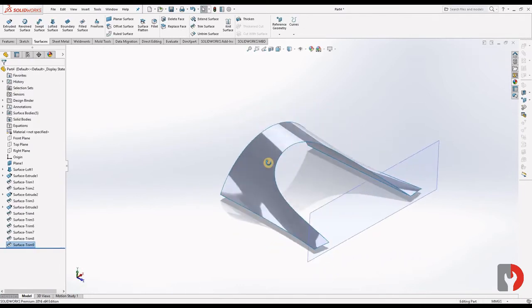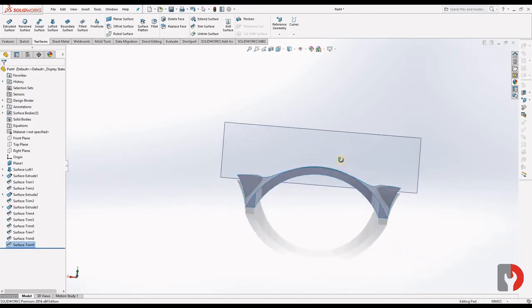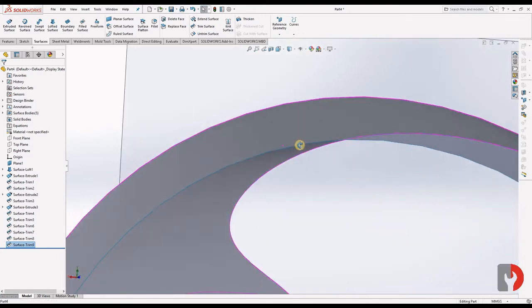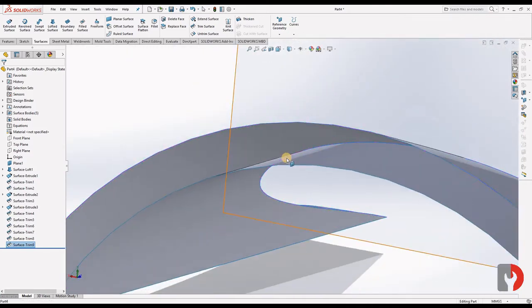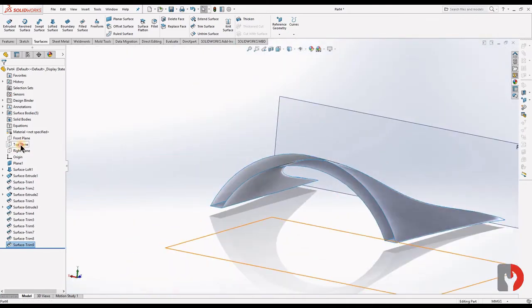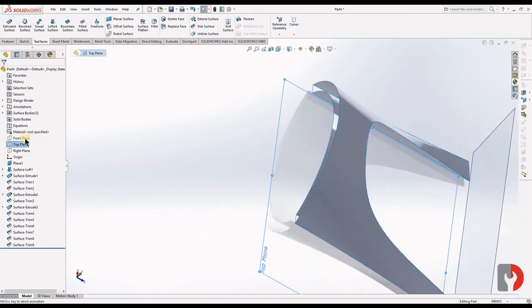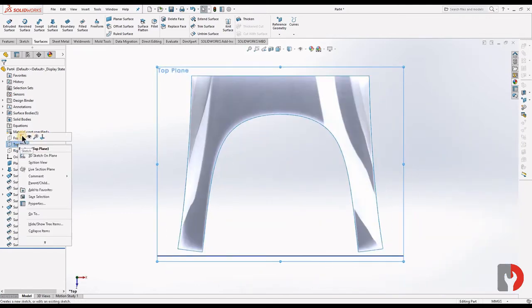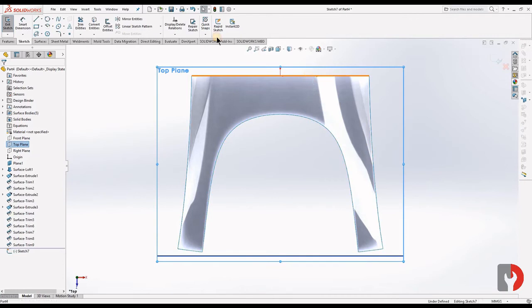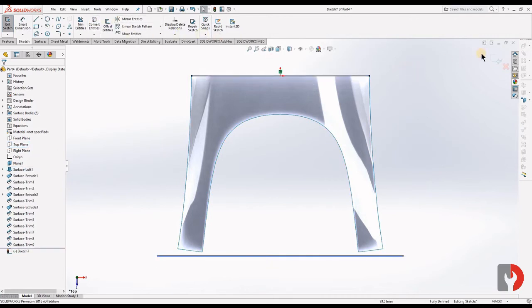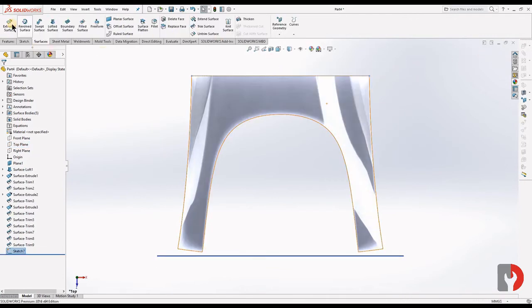Okay, now before making it solid we need to close this surface. So choose top plane, normal to, again choose and sketch, convert this edge, line, exit from the sketch, extrude.